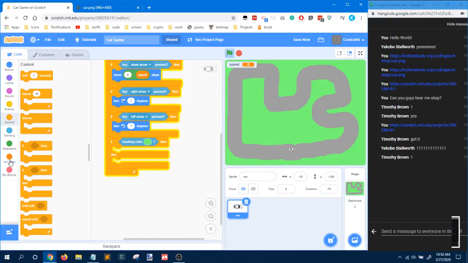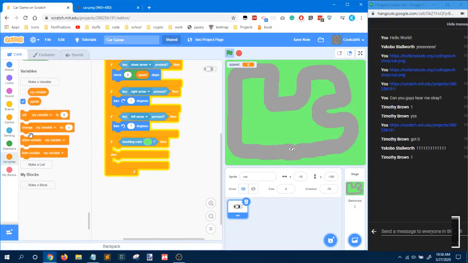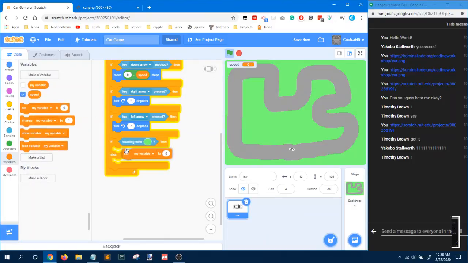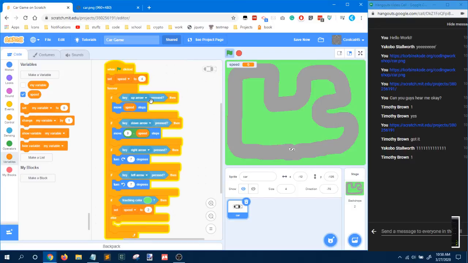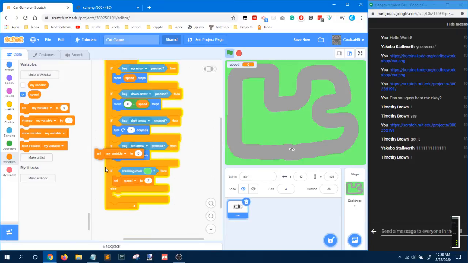And then inside that, I'm going to go to variables. I'm going to set my variable, changing it to speed, and I'm going to set my speed to 2, which is half of the speed when we're touching green. And then if we're not touching green, so if else,